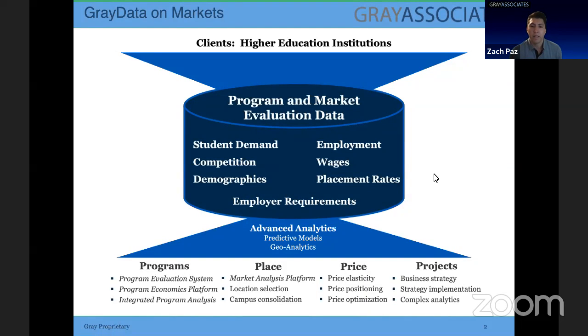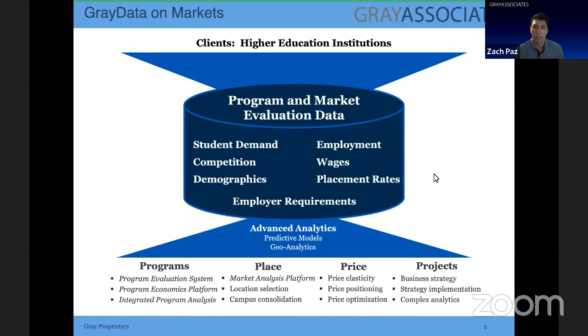Many of the people who have joined today are new to Gray, so let me take a second and introduce Gray and the data we use and the services we provide. Gray is a consulting firm. We have been focused in higher education, helping our clients in higher education institutions evaluate programs. What new programs should you be offering? What should you be doing about your current program portfolio? And really helping make data-informed decisions,